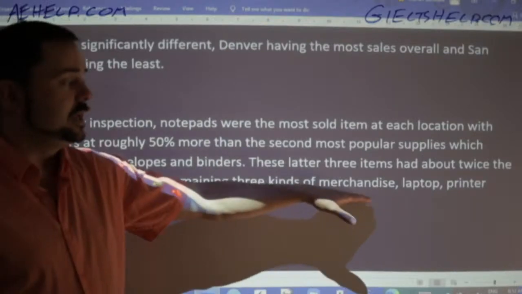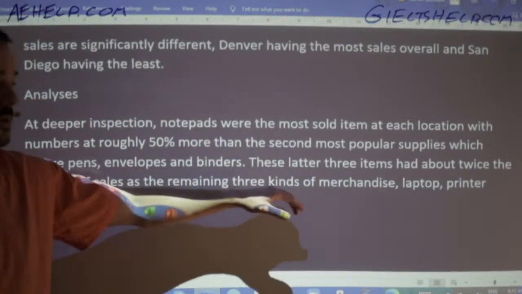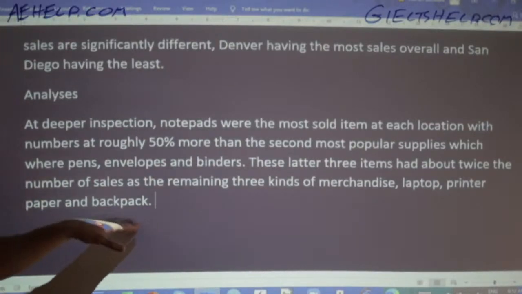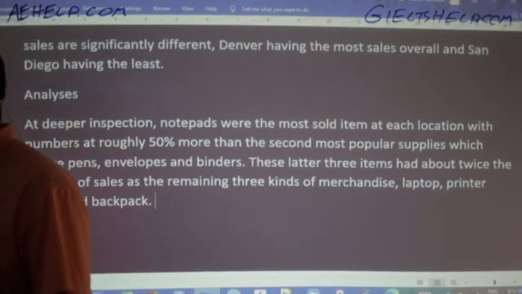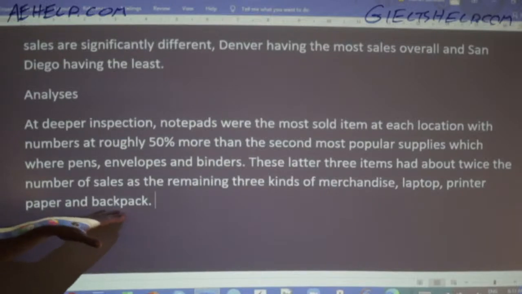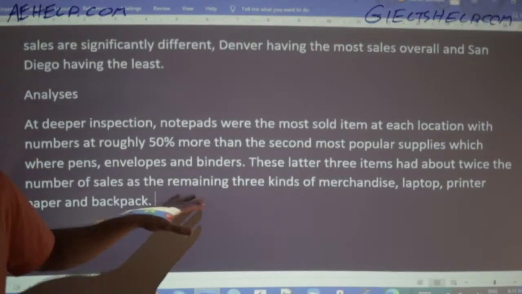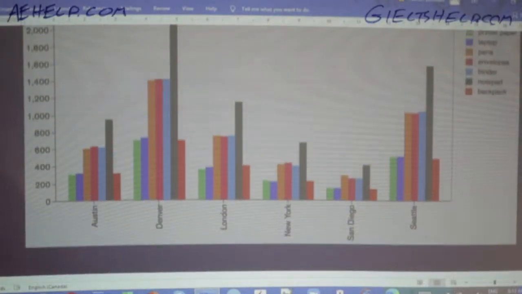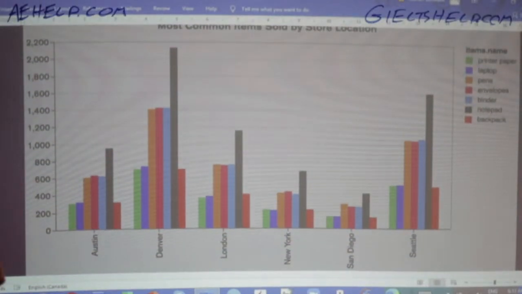Don't forget words like merchandise and goods, okay? Laptop, printer paper, and backpack, okay? Now I can get to the specifics here by looking at the stores, okay? So keep writing here, members, and I'm going to look up at the chat and give you some feedback intermittently,